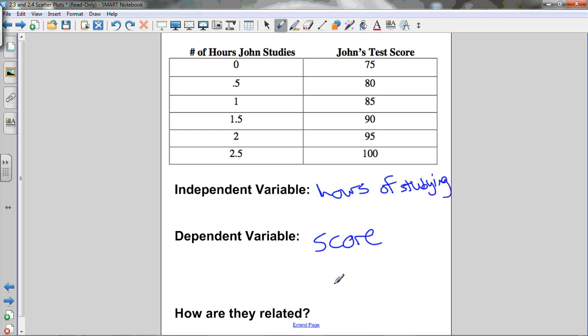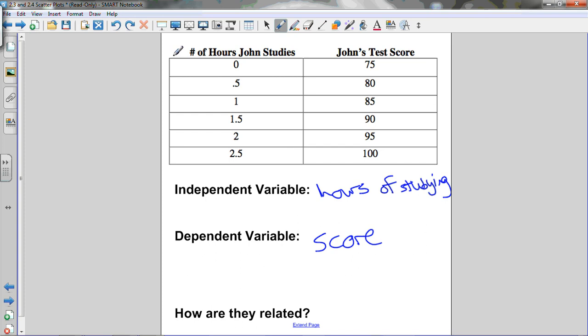I'll squeeze this in here, hours of studying. So the independent variable affects the dependent variable. So as the hours of studying changes, that affects his score. And you can see that's what happens. As his hours of studying goes up, that increases his test score. Okay? Another trick I want to tell you,